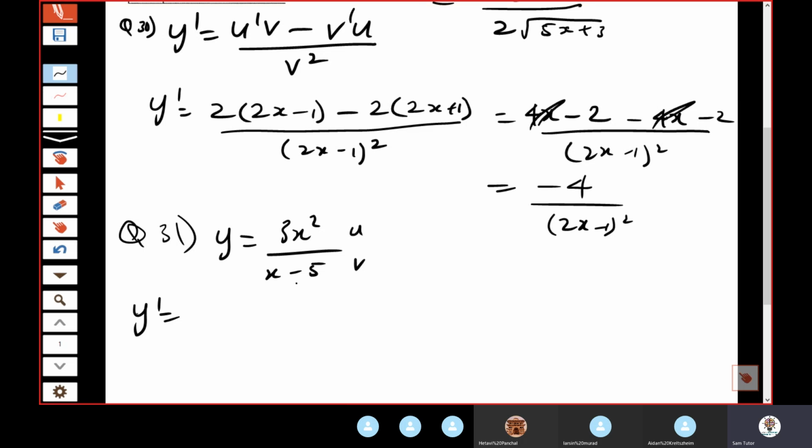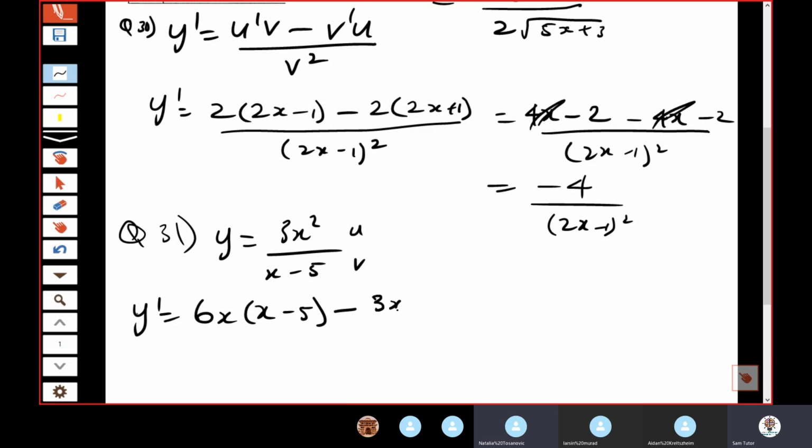Natalia, you want to try this one? Same thing. It's a quotient rule, so U dash V minus V dash U over V squared. Do you understand quotient rule now, or how to use it? I'll try do it and then we'll see. Fair enough. Go. U dash. Sorry. U dash, 6x. Correct. Times V, just x minus 5, minus V dash, just 1. Yep. Times